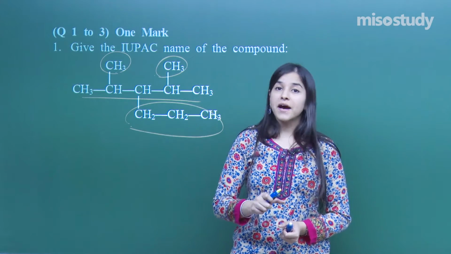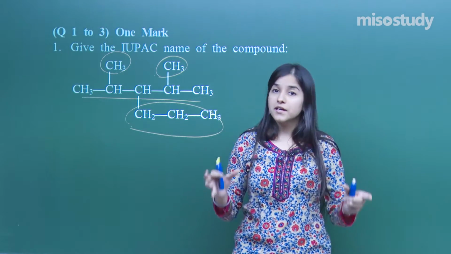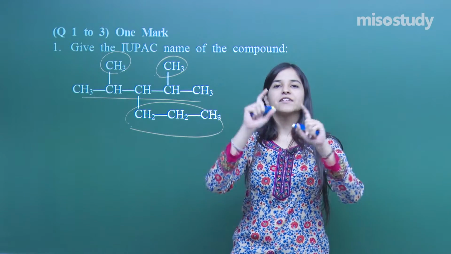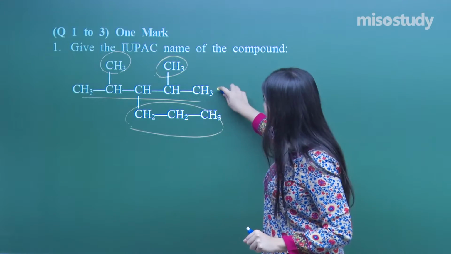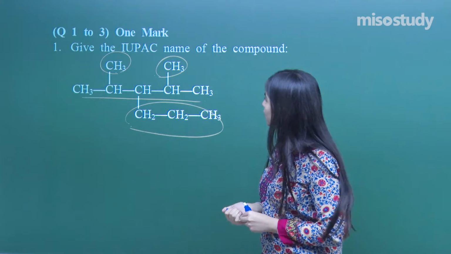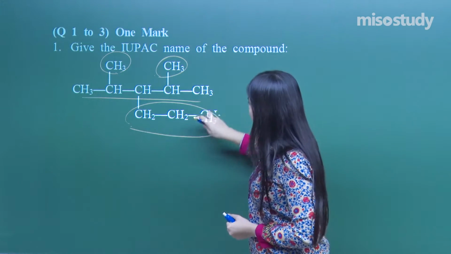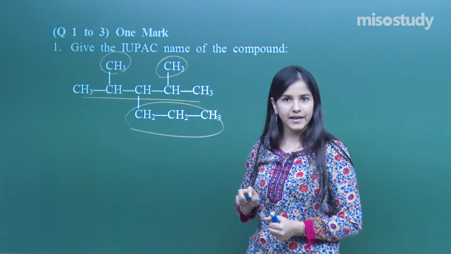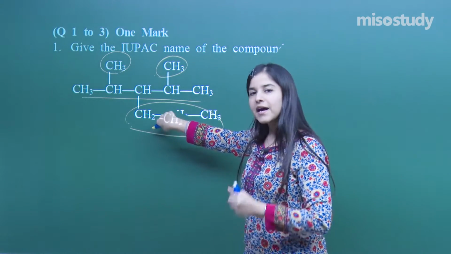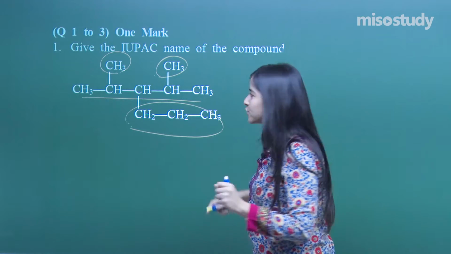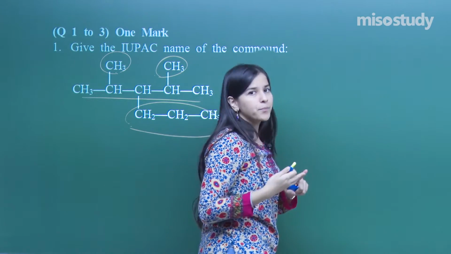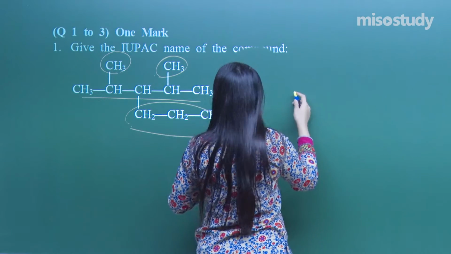And it doesn't matter whether it is longer or shorter. We have to select the one having the maximum number of substituents, and we get it over here in the straight chain itself. Clear? So this is the propyl, n-propyl is there. So I've got 2 methyls and 1 n-propyl. As per the alphabetical order we have to go, see. So what will it be? It's methyl and propyl, M will be coming first,